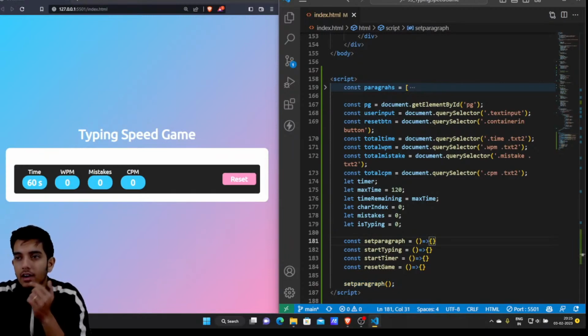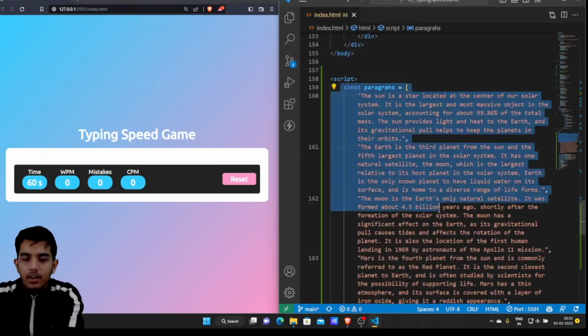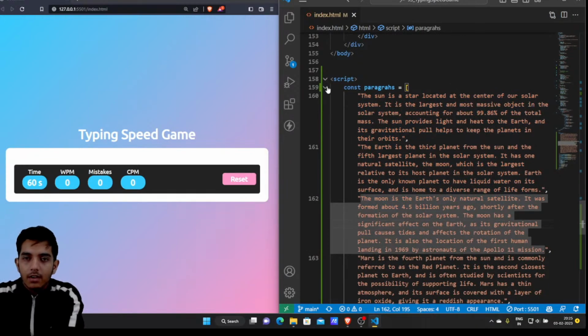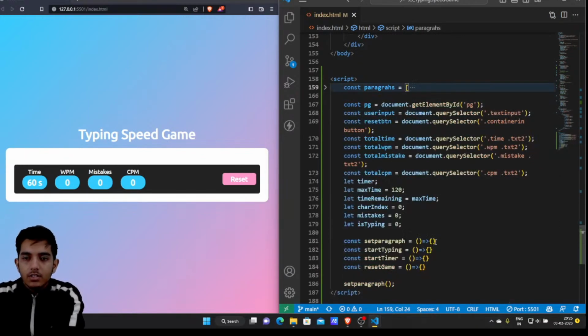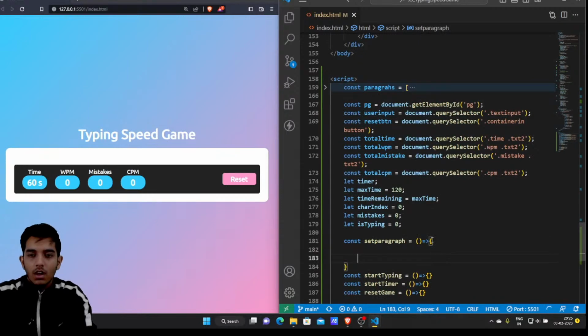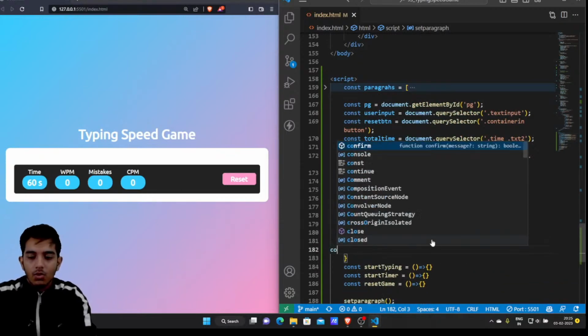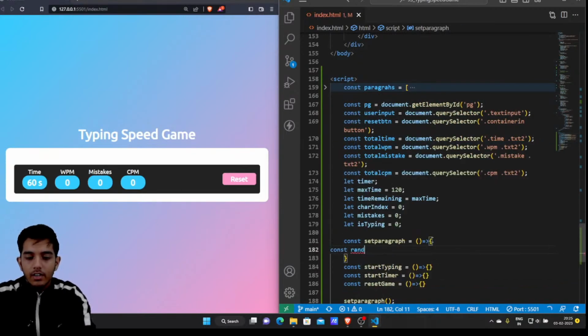Then I'll go back and choose any random paragraph from this paragraphs array. Suppose I'll create a variable named const rand index, random index. Then I would say choose a random paragraph. For that, I'll say